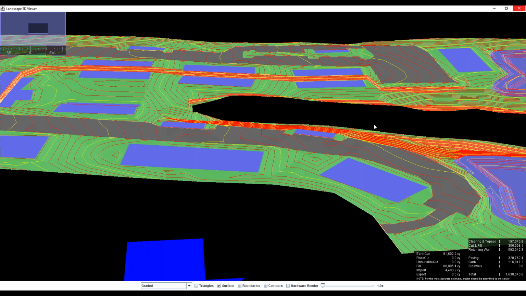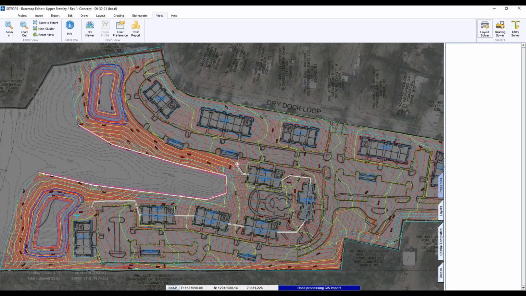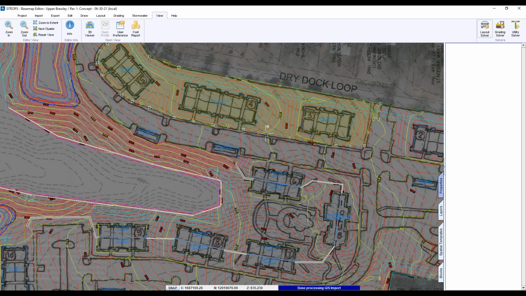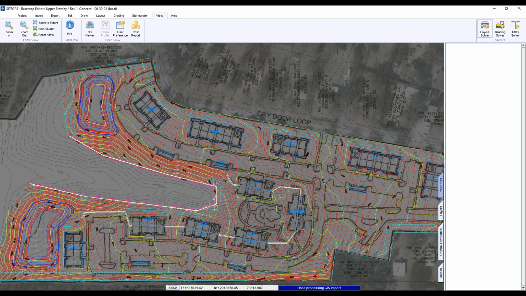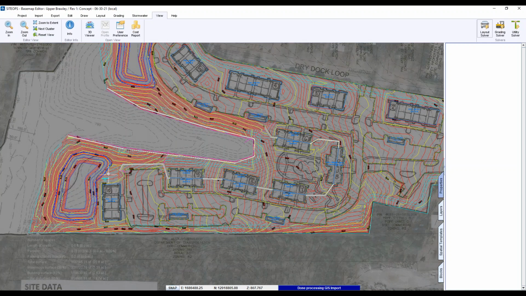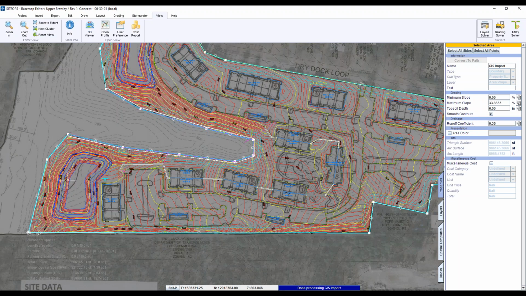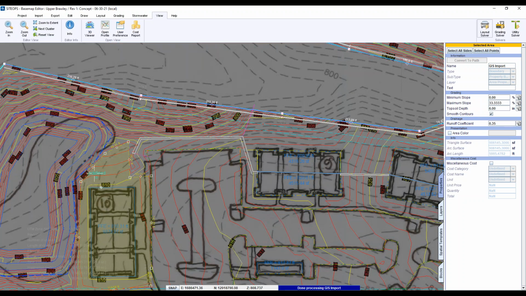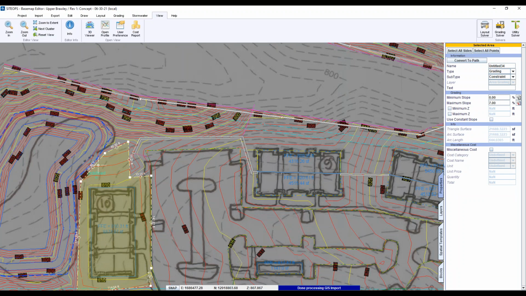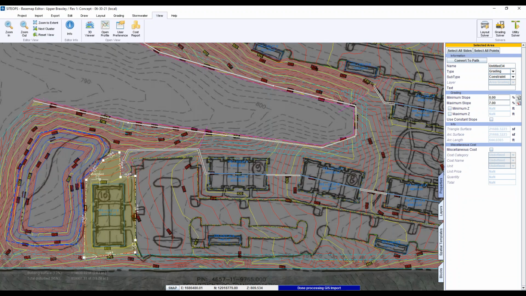Now, the key is getting the areas around the building to flatten out like you would normally do in the real world. Because if you don't tell it, site ops will grade it just as steep as you let it. And the default on a property itself is a 3-to-1 slope. It's a pretty steep slope. So you really don't want a 3-to-1 in front of your building. It's just not natural. So we put in grading constraints to constrain it to a certain less slope.